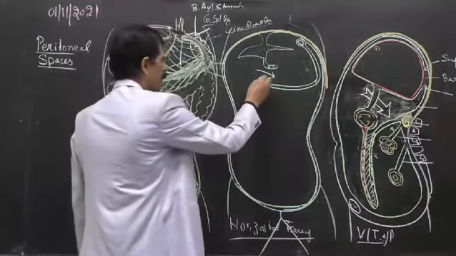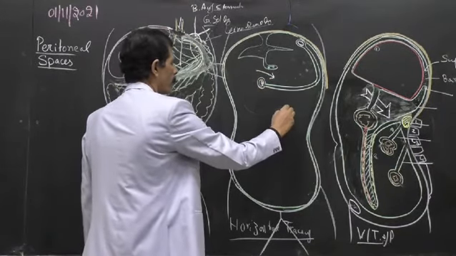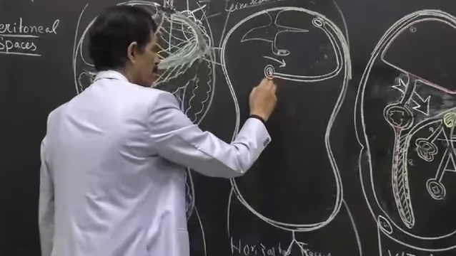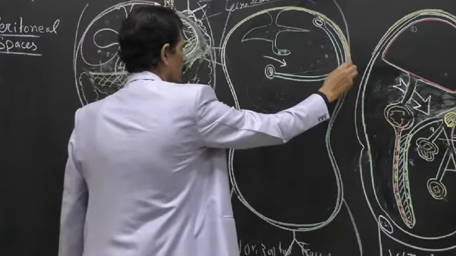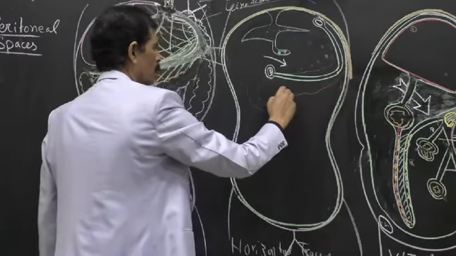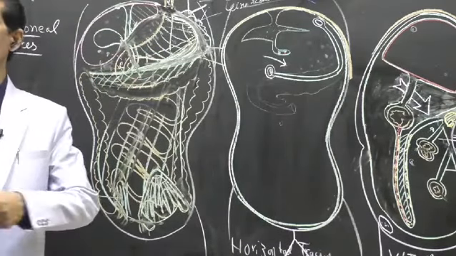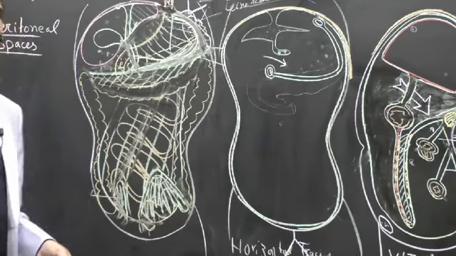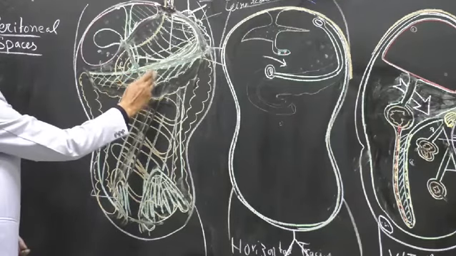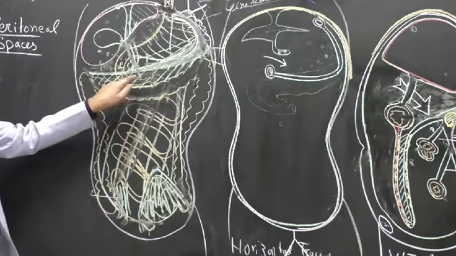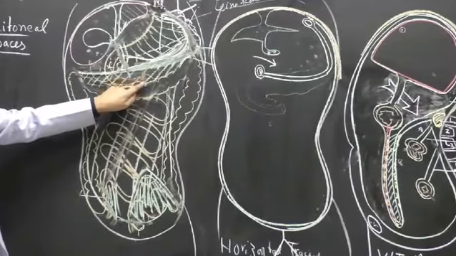Then duodenum is retroperitoneal. And also the pancreas. Then we want to remove the movable 6 meter long jejunum and ileum. In order to remove the jejunum and ileum, where will you cut? See, number 1, where the jejunum starts. This is called the duodenojejunal junction. You will cut number 1 cut here.